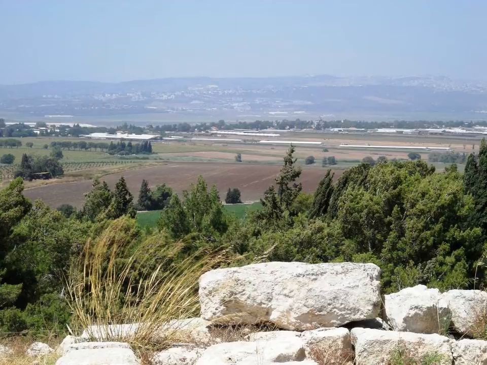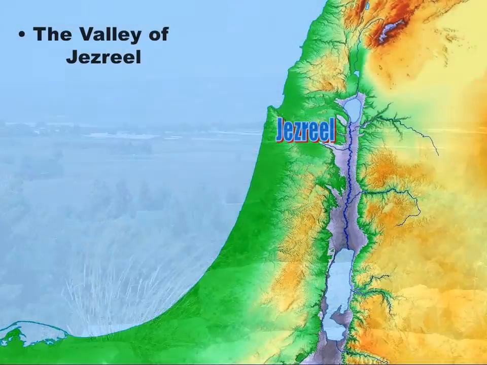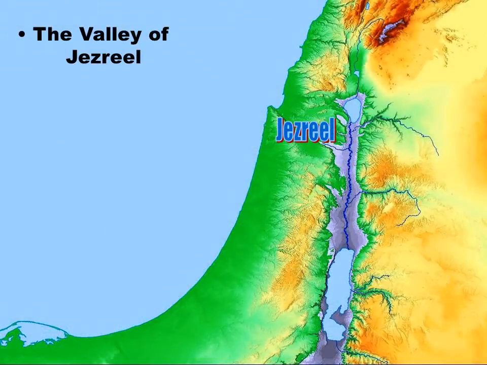I can look across the valley today, and I can see a town on the other side. Actually, it's the town of Nazareth, the place where Jesus grew up. He grew up on the edge of this valley as well. So I have the Valley of Jezreel,